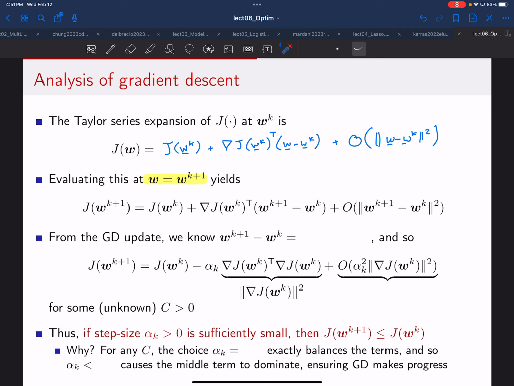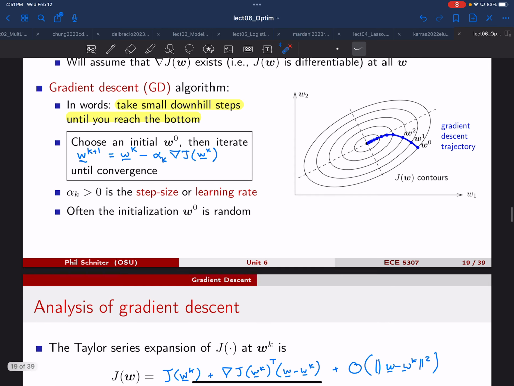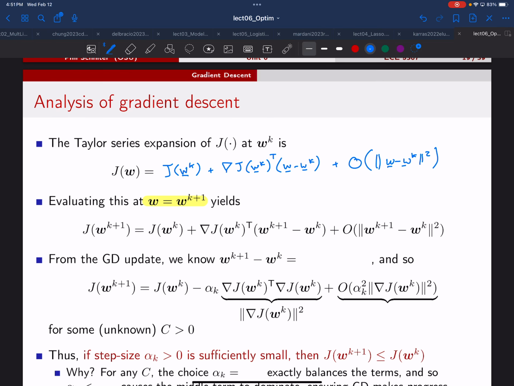Okay. Now, if we're using the gradient descent algorithm, we actually know exactly what this difference is. If you look back to the previous page and you bring this W_k to the other side, you see that this is actually the difference between W_{k+1} and W_k. So we can just substitute that expression, minus alpha_k times the gradient at W_k, for this and this. And once we do that,